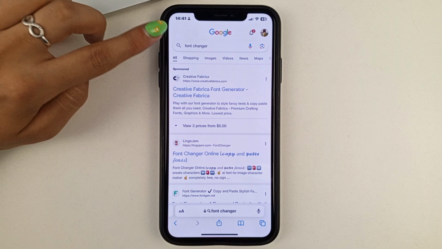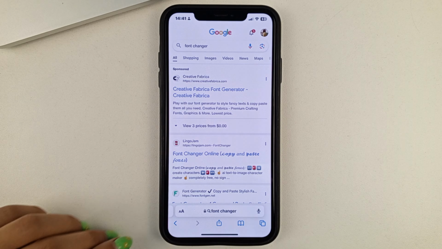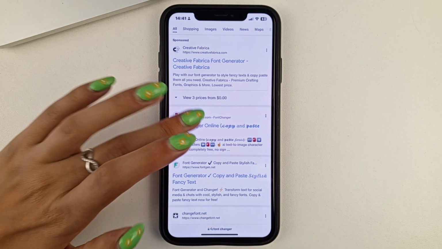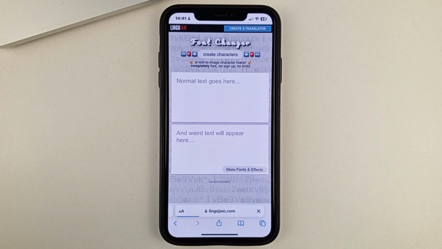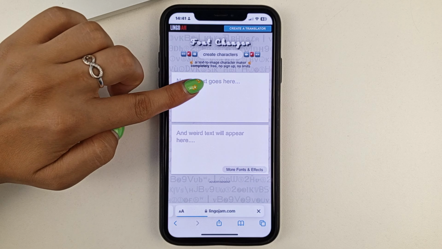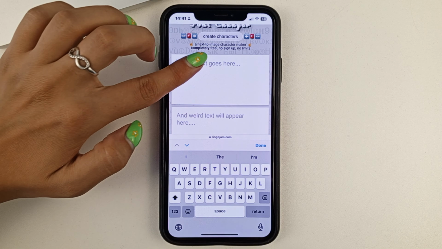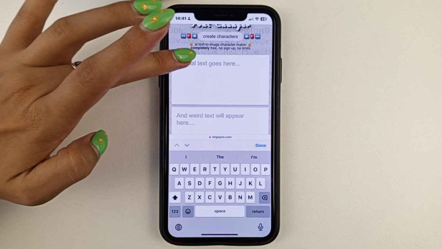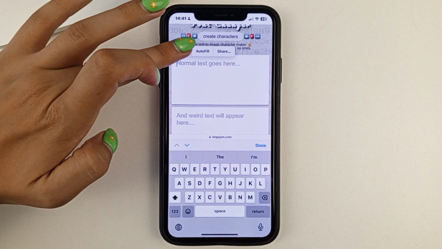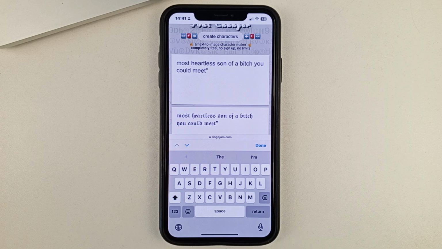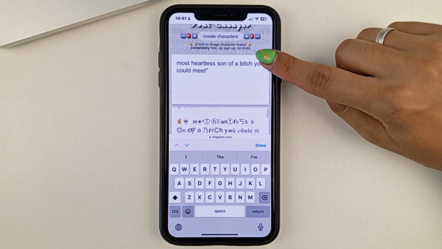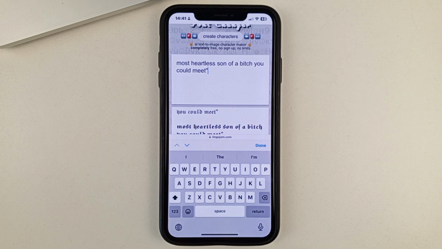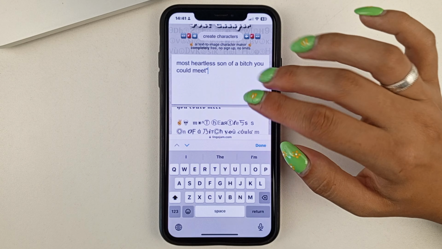In it, you will see the words Font Changer. Then go to any of the sites that you will be given. I'm going to go to the very first one. And here you will need to enter the text that you have chosen in advance. Insert the text, and now as you can see, at the bottom is the text already in the Modify Fonts. You choose the font that you like.